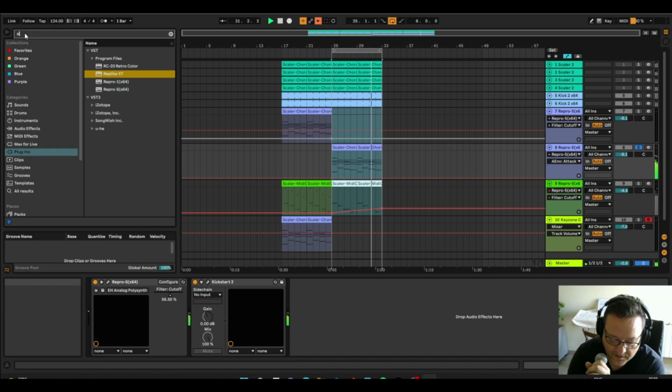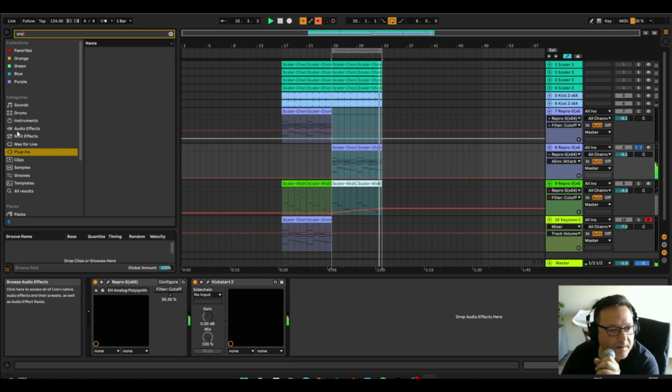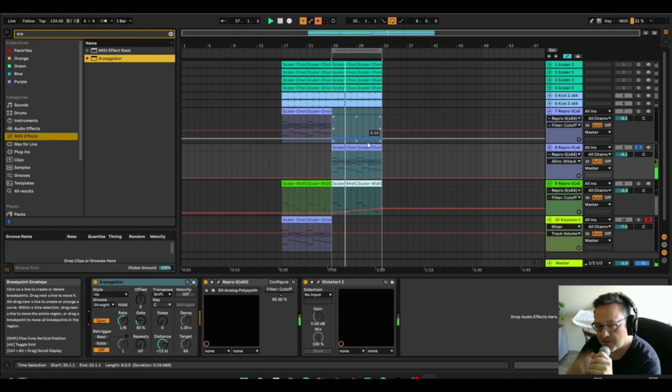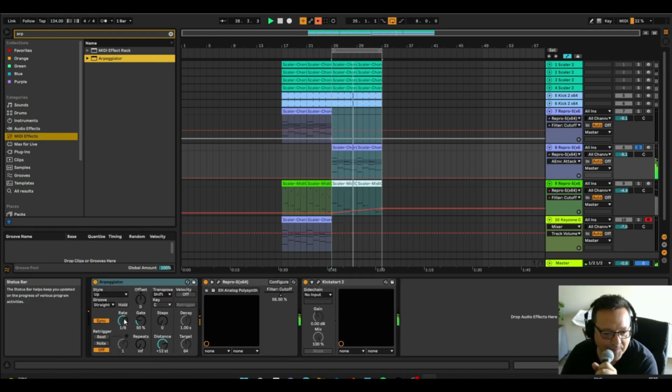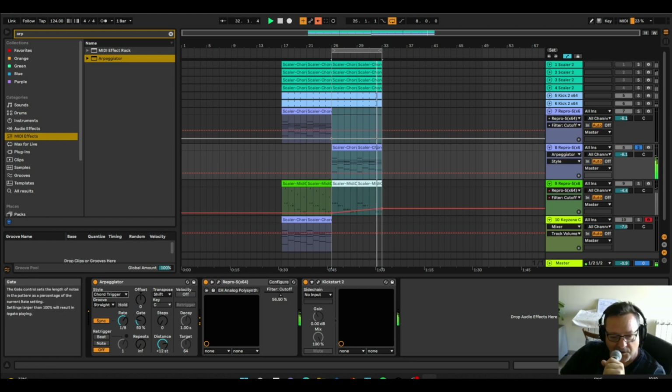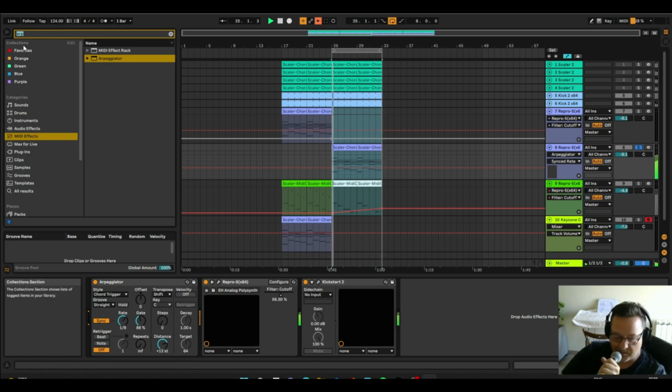So I'm going to bring an arp in here. This arp is extremely useful, not for the arp itself, it's for the chords. So we've just got a chord trigger. Chord trigger is really useful because you've got all these different gating and rate options. Once you mix that with a bit of reverb,